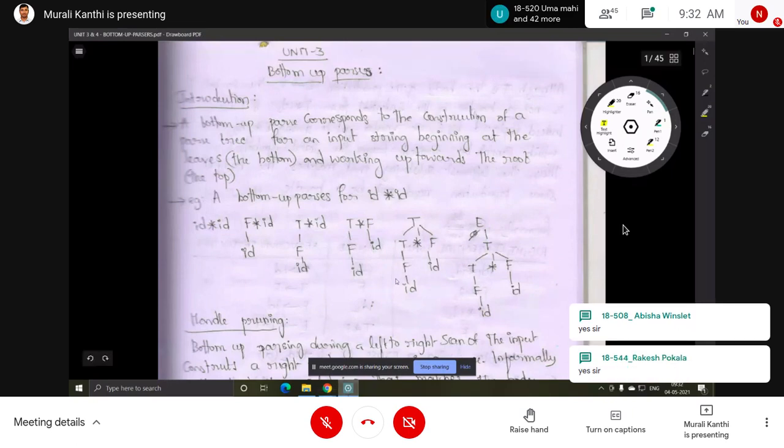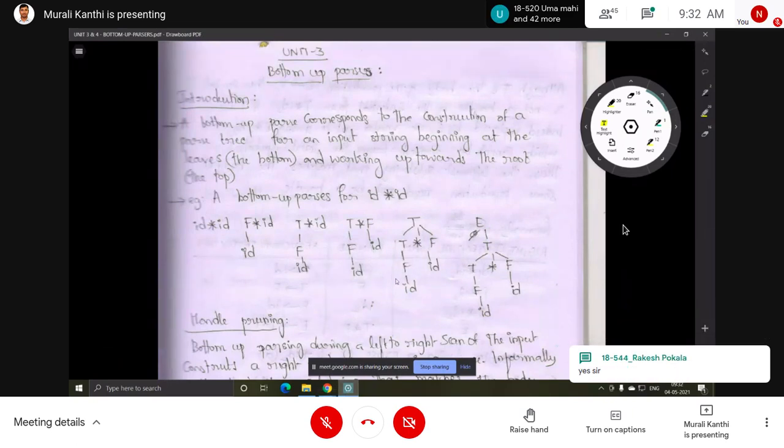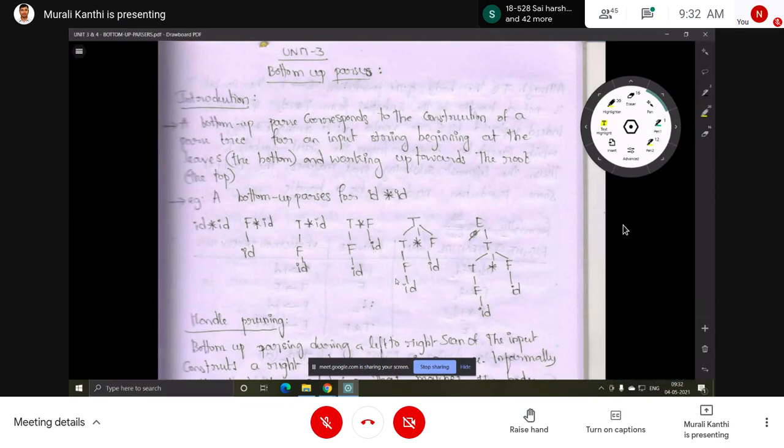Okay. So actually, for your seniors, this bottom-up approach is in Unit 3. That's why this material is not for you, that means this is not according to your syllabus. This is a previous regulation syllabus material, so that's why the bottom-up parser is in Unit 3. But for you, top-down and bottom-up are both included in Unit 2 only, so don't confuse. This is a Unit 2 topic for you.